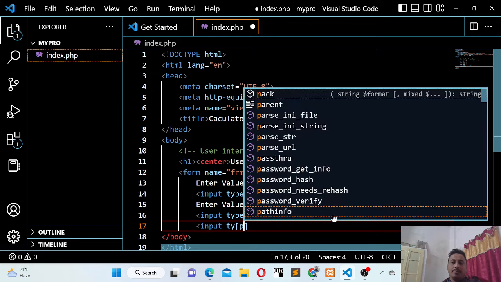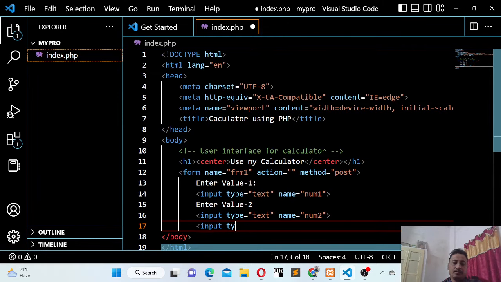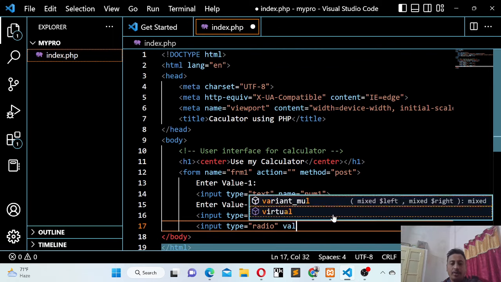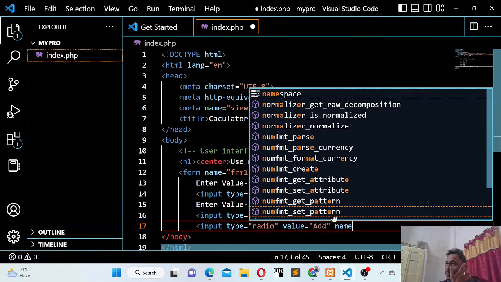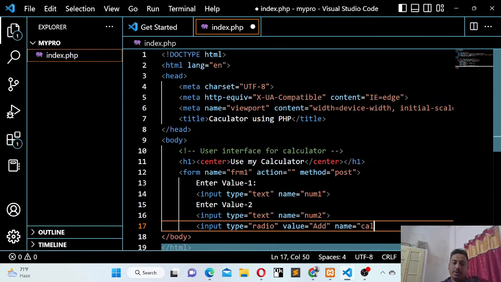Input type equals to radio, value equal to addition, or short name add, value equals to add, and name equals to cal. Okay, then just print addition